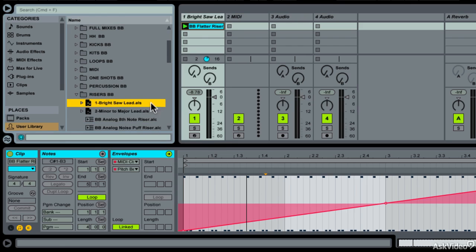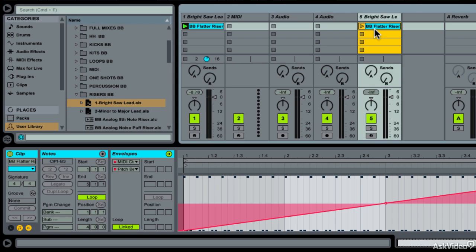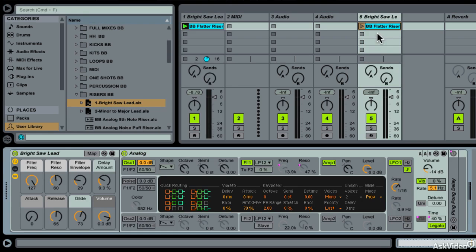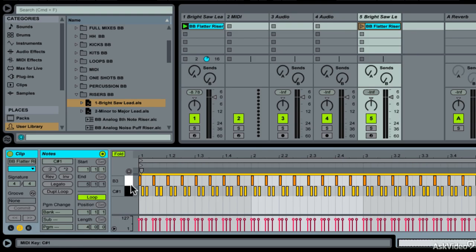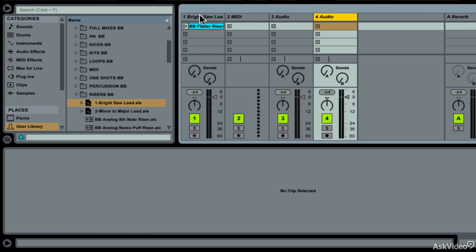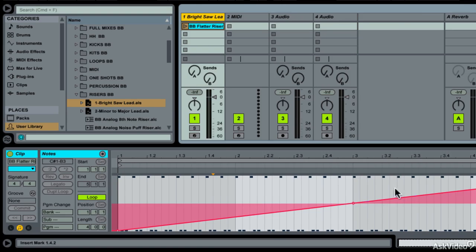And now when I open this up into another track, it'll open up the instrument. This way, when I go to a new song, I can change the pitch if I want. Okay, the other thing I can do, rather than save it as MIDI, is do what I have been doing, which is